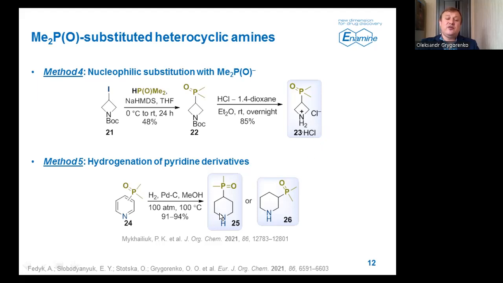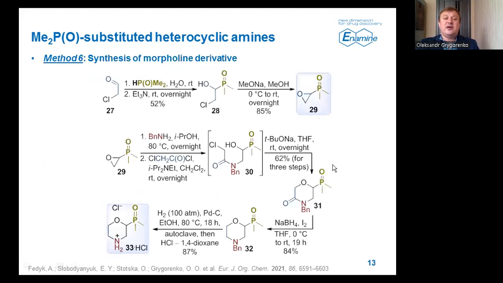For the synthesis of beta and gamma substituted piperidine derivatives, we have used the method that was described recently by another group, namely hydrogenation of pyridine derivatives. So in this case, the known method was applied. Finally, we have also prepared the dimethylphosphine